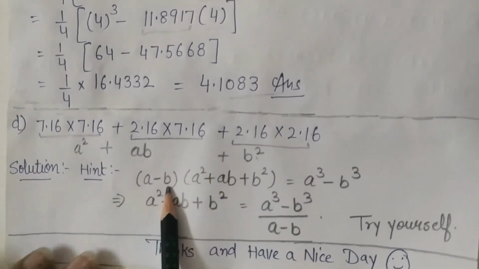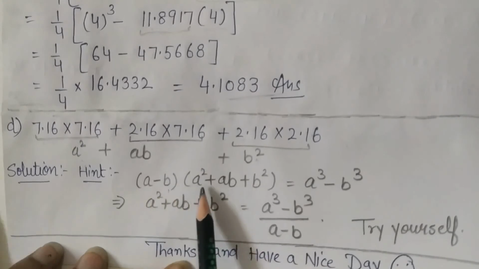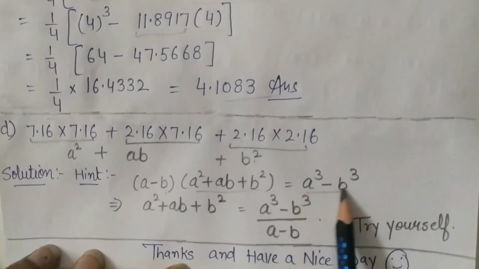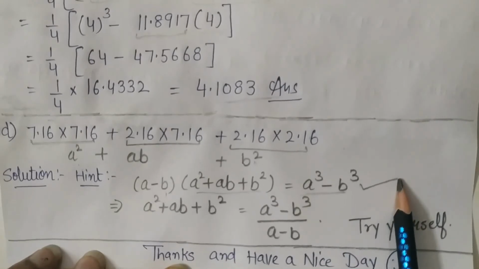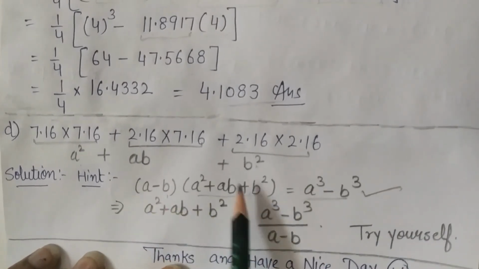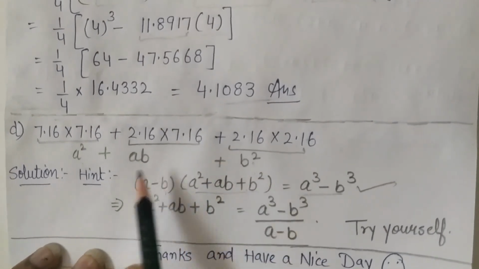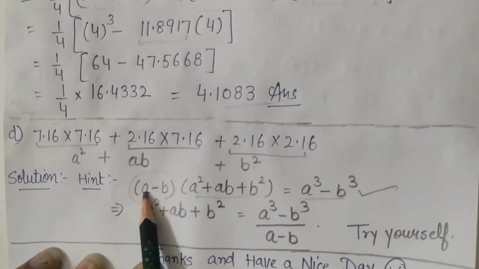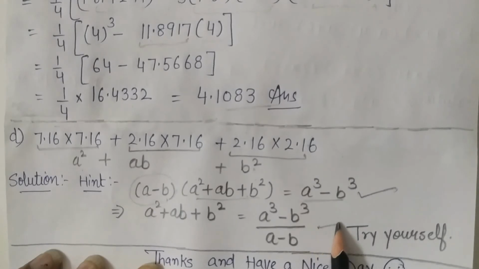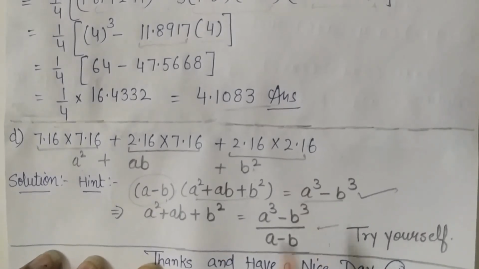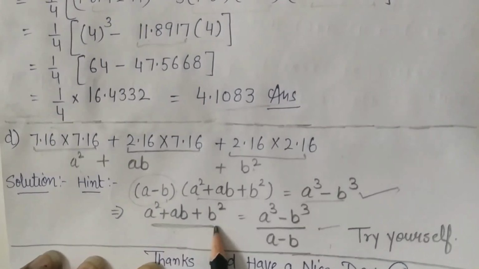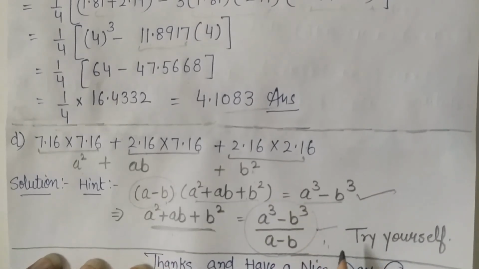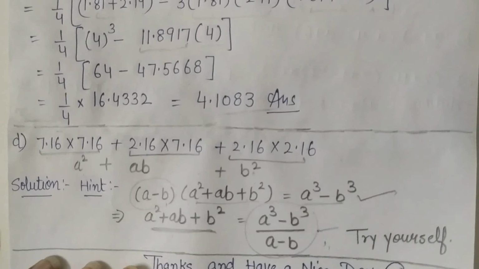ये फॉर्मूला कब यूज होता है? जब आपका (a माइनस b) and (a स्क्वायर प्लस ab प्लस b स्क्वायर) इज इक्वल टू a क्यूब माइनस b क्यूब. ये हमने कल ही डिस्कस किया था आपका ये फॉर्मूला. तो इस फॉर्मूला को इसके साथ कंपेयर करोगे तो ये वैल्यू आपकी क्या है? एक्स्ट्रा है. ये वैल्यू फाइंड आउट करनी है. इट मीन्स ये मल्टीप्लाई में है तो ये क्या हो जाएगा? It will be changed into divide. Now we got this value. Afterwards you have to use this formula and put the values of a and b and solve the calculation.